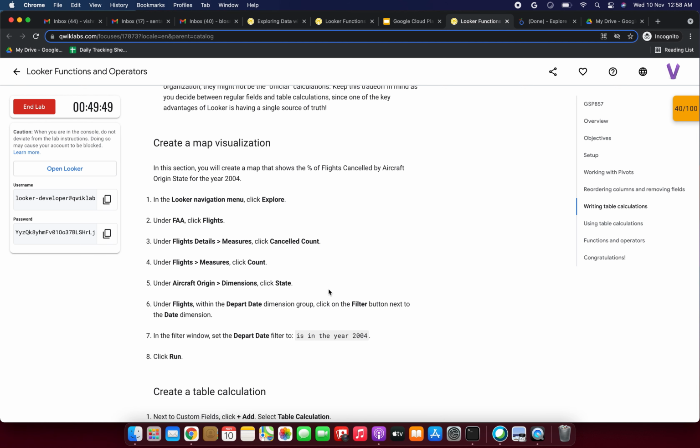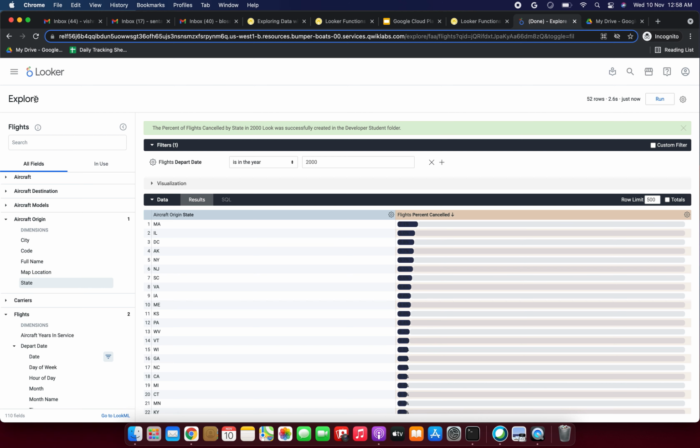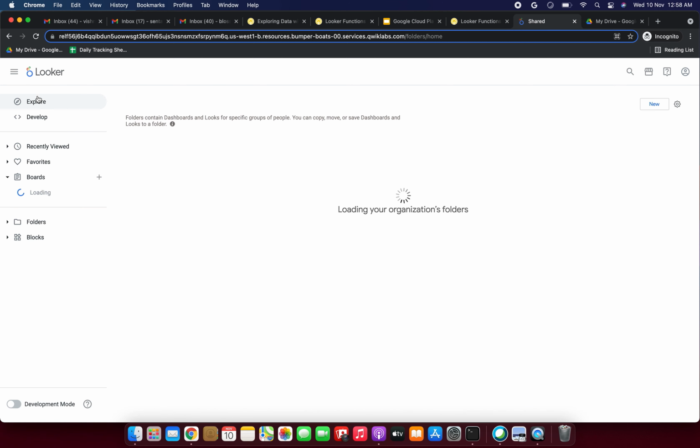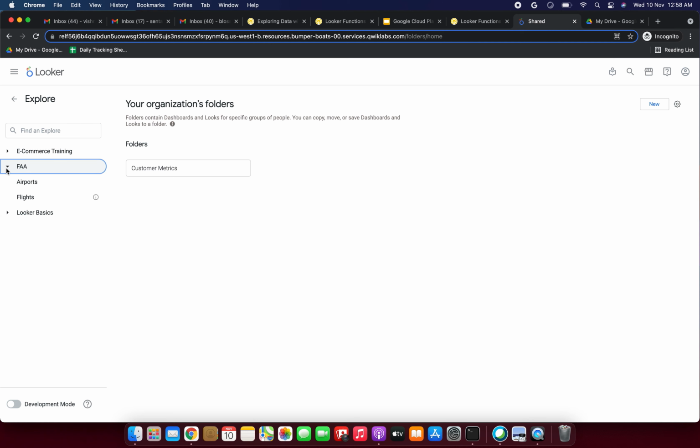So now we are going to create a map visualization. In this section we will create a map that shows the percentage of flights cancelled by aircraft origin state for the year 2004. Okay, just click Looker, navigation menu, just click Explore. So I think we need to select under FAA, click Flights. So we need to select FAA, click Flights,